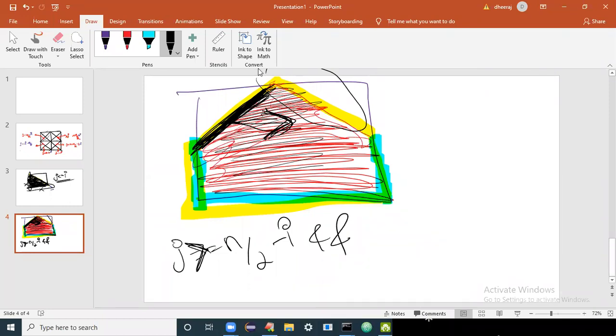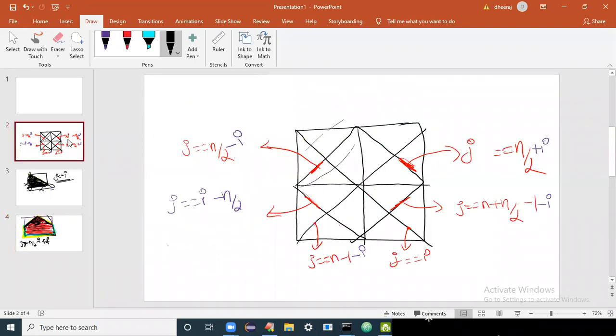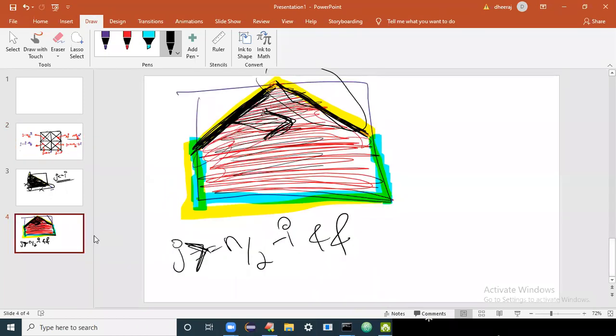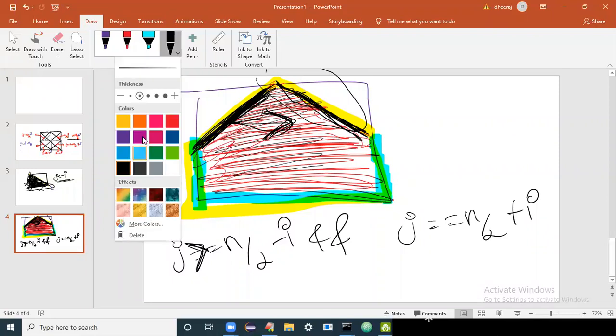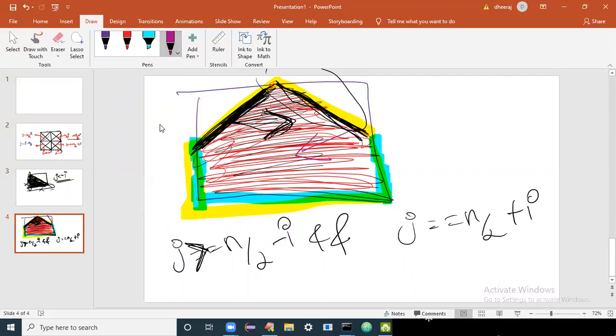Now, what is this line equation? I have to know. We will go to the diagram because our memory is weak. We will see the line equation is J is equal to n by 2 plus I. So I'll write J is equal to n by 2 plus I. From that line, am I printing left side or right side? I'm printing left side, right? From that line, I want to shade this area. So left side, copy this symbol, paste it here. J is less than or equal to n by 2 plus I.